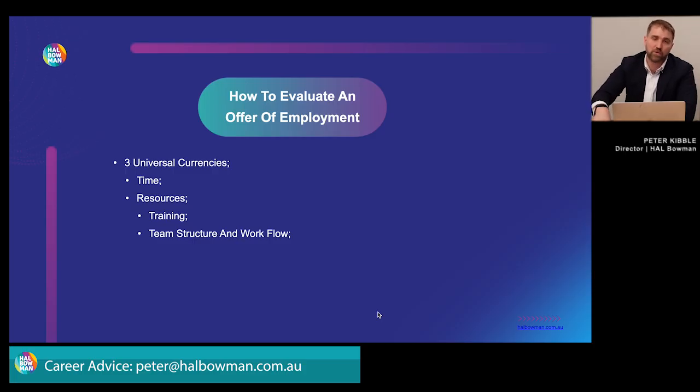Like if you've got a really good team structure, excellent workflow, and you're starting out in your career and basically just turn up, get the work done, and there's no internal politics going on, then you might be spending 37.5 hours a week doing the work, getting better at the job, compared to the person maybe in a different, ineffective team structure. They may spend 10 hours a week just figuring out what work to do and the other 27 and a half doing the work. So over the course of a month, you lose a week basically. So that's an example.